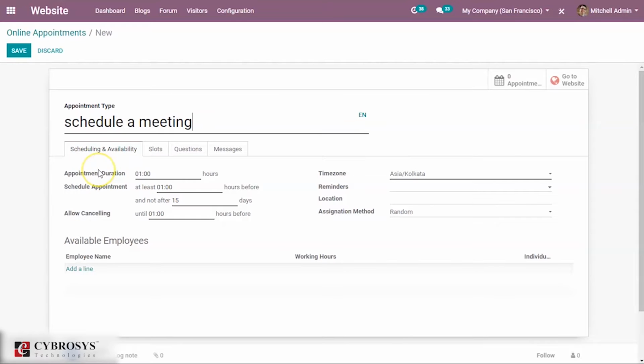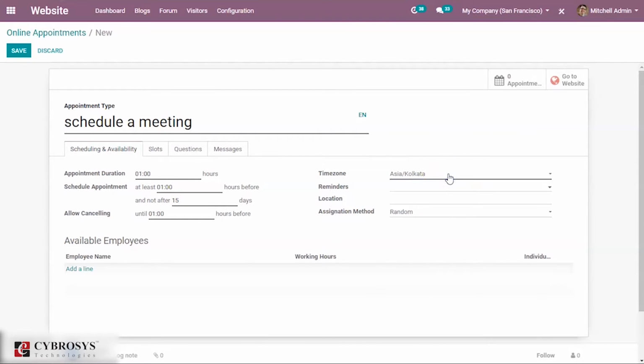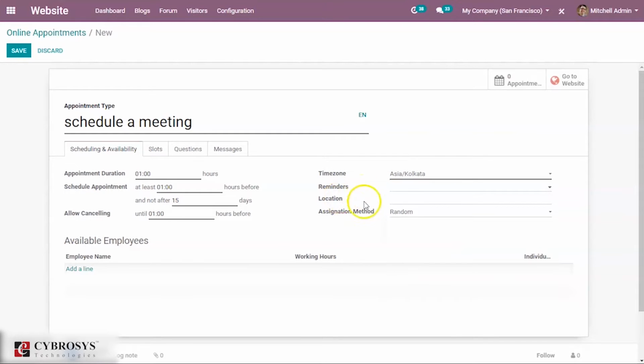Here you have an option for appointment duration, for how many hours it should take, and to schedule the appointment, and also an option to allow cancelling. Here you can select the time zone as per the customer, an option to provide the reminder as a notification, and an option to provide the location.